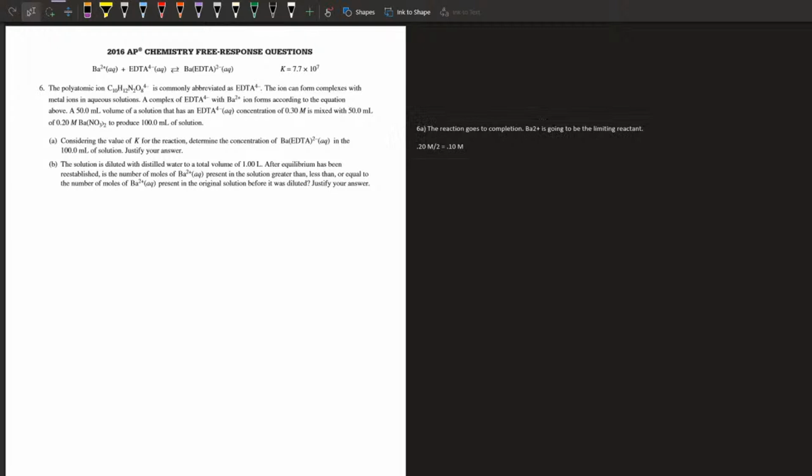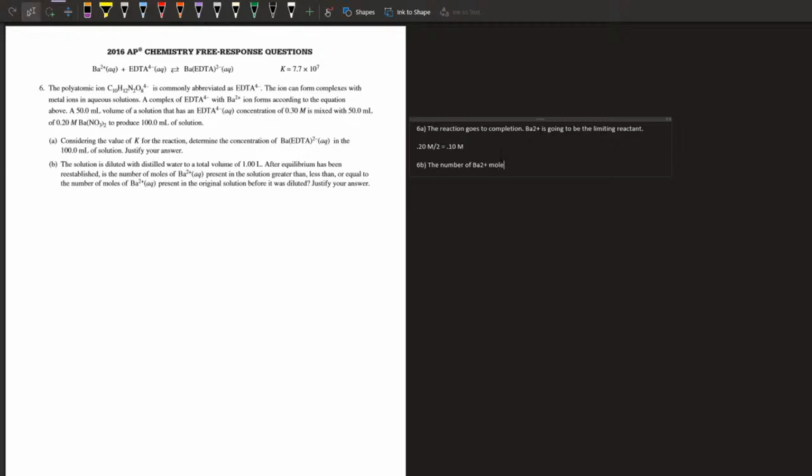The solution is diluted with distilled water to a total volume of 1 liter. After equilibrium has been reestablished, is the number of moles of Ba2+ present in the solution greater than, less than, or equal to the number of moles of Ba2+ present in the original solution before it was diluted? So I'm going to write this one out too, because we can just write something really quick and get the answer. So the number of Ba2+